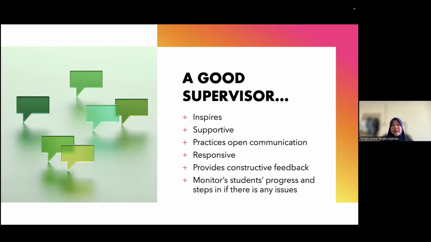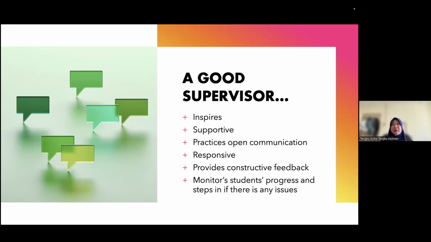So again, I think it's very important for the supervisor, the FYP coordinator, and also the HOD to cross-check with each other. What are the problems faced by students? Because sometimes they are not forthcoming to their FYP supervisor, but they talk to their academic advisor and things like that. So we do try to discuss problematic students in departmental meetings to ensure that we are on the same page and to discuss what to do with them. And open communication is very important.